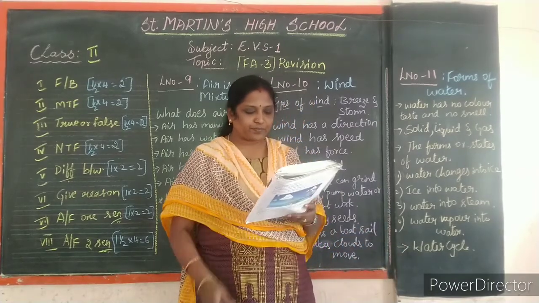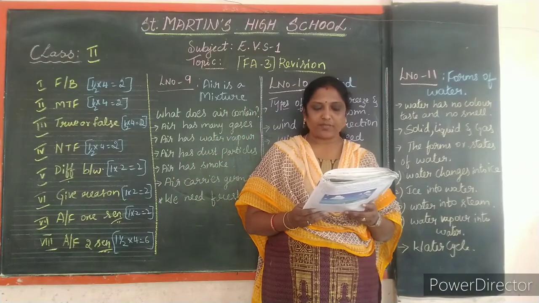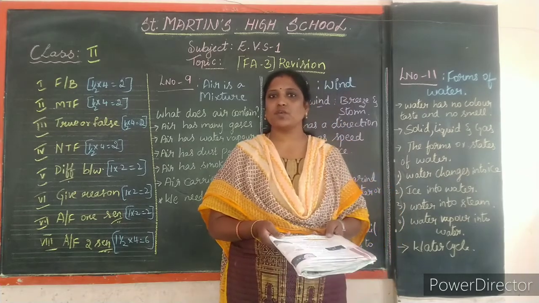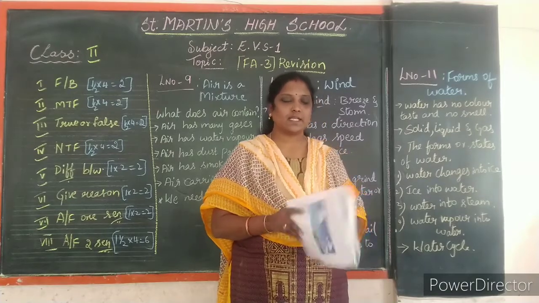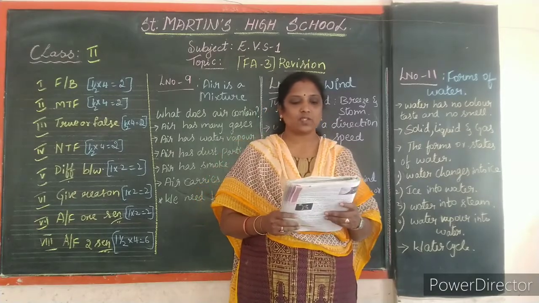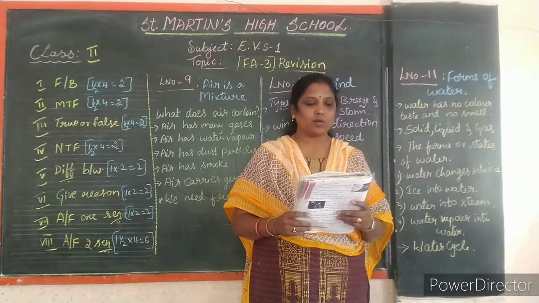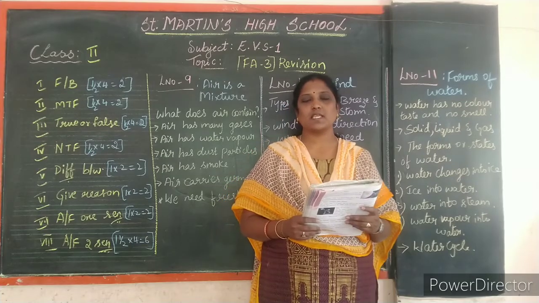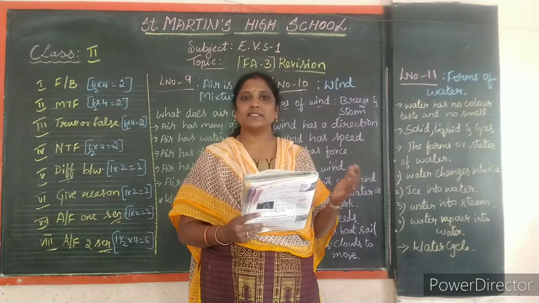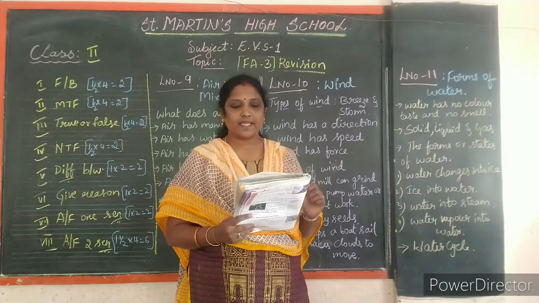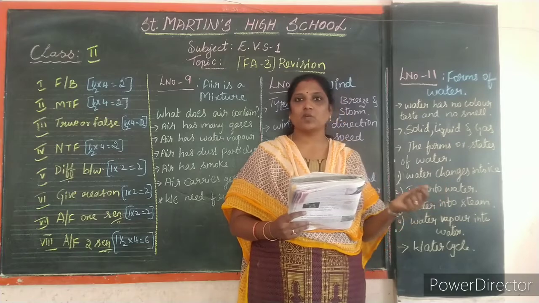Yes, whenever we run out of water, we get water from rain. So rain is the main source of water, is it not, children? But where does the rain come from? Yes, here the hot weather is always followed by the rainy season. The sun heats up the water of lakes, rivers and sea. So here we have hot weather, that is the summer season. After the summer season it's the rainy season. So here the sun heats up the water from lakes, rivers, ponds, oceans, seas.